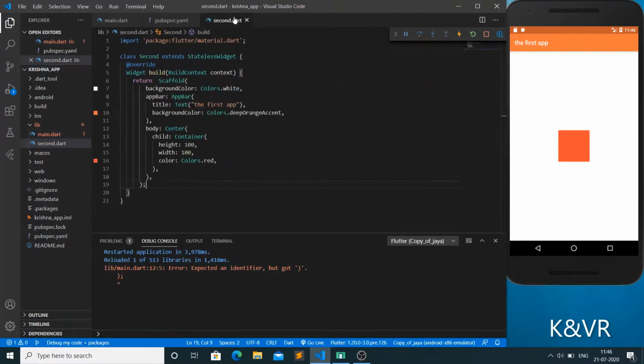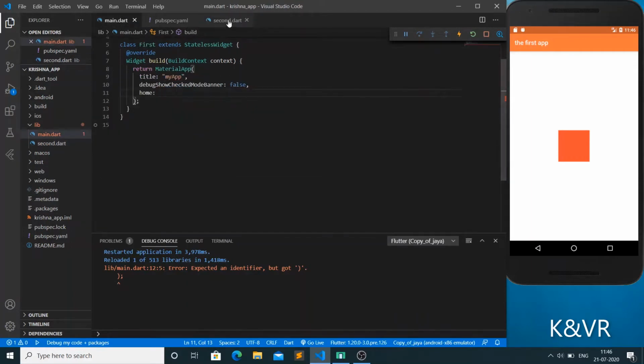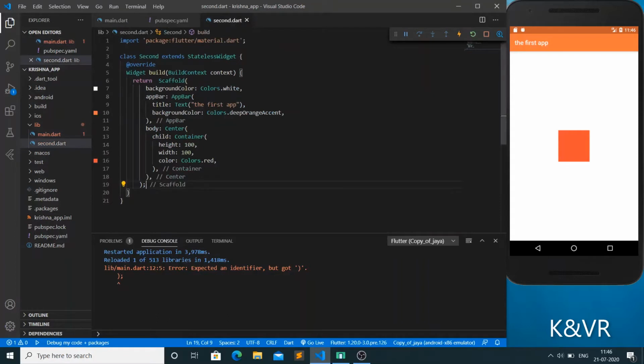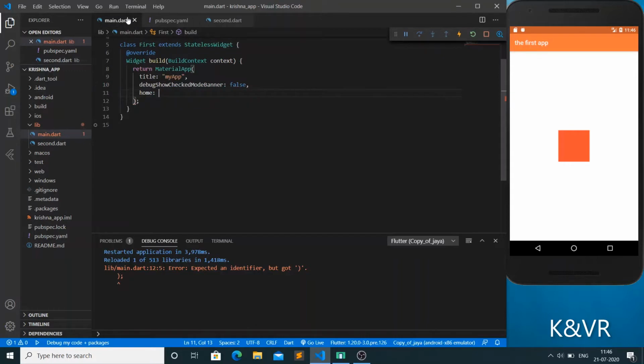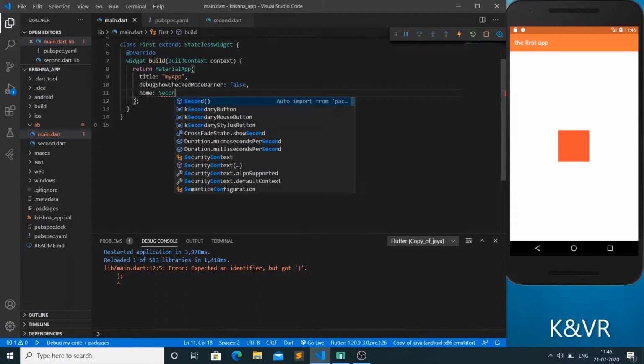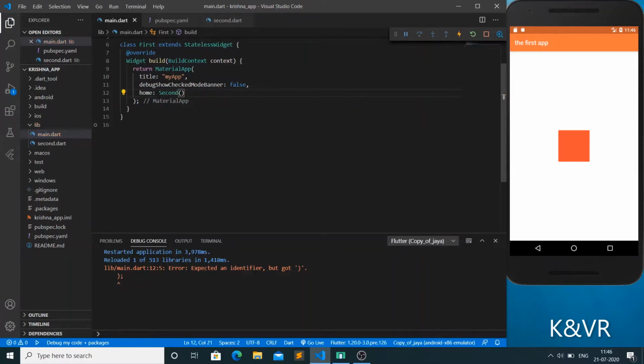And whatever class is given here, that class should be given in the first page. Here we have given Second as the class, so we want to give Second here. First letter should be capital, and this is the function, and put the semicolon.